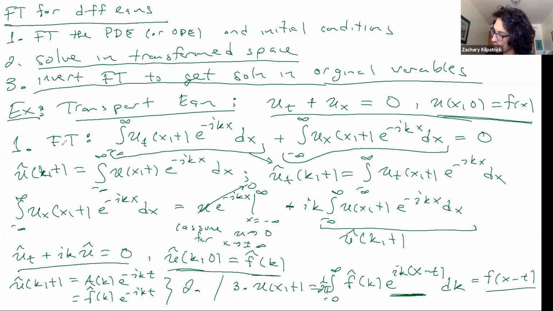Okay, so again, three steps: Fourier transforming the PDE to start with, solving the resulting ODE in the Fourier transformed space, and then using inverse Fourier transforms to get back to the original x space. And on the next homework, homework 4, you'll have a chance to look at this in the